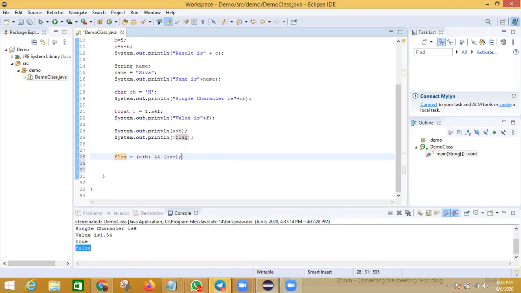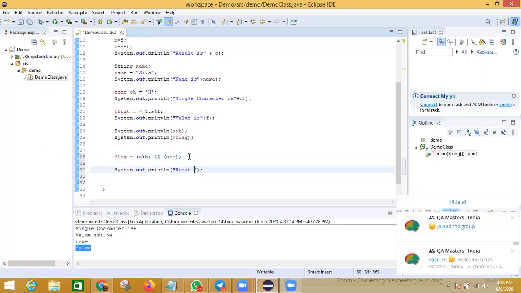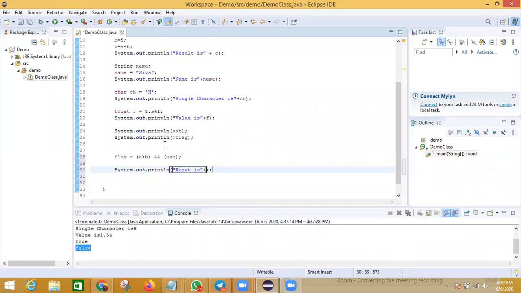Then if I print flag with the text result is, what will happen? A greater than b is true and a greater than c is also true, because a minus b is again 5. So this flag will receive true.